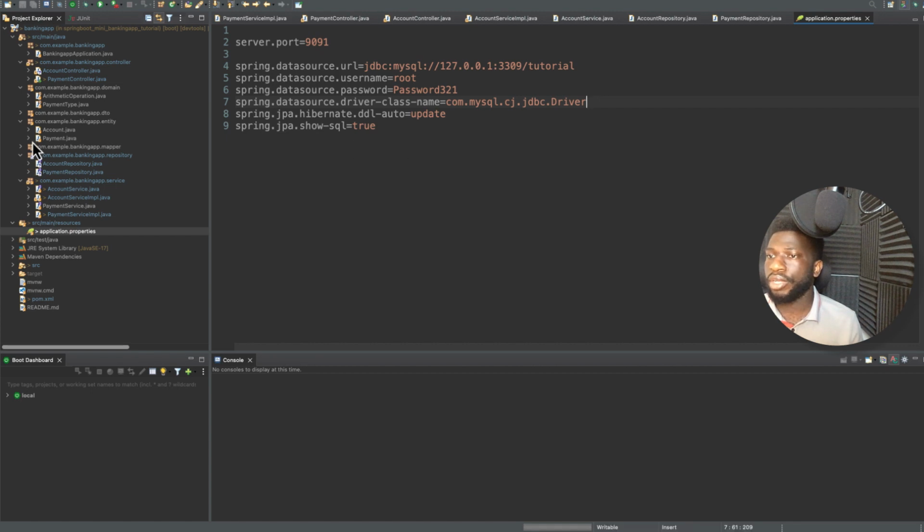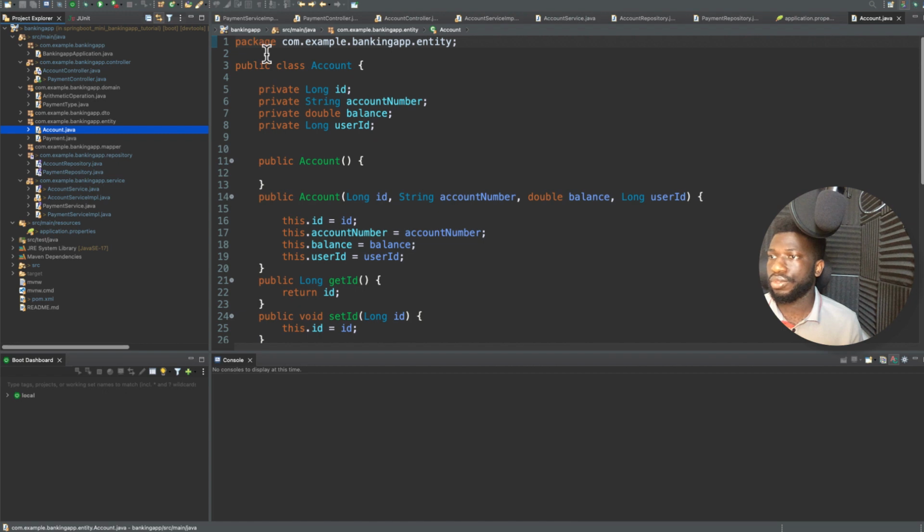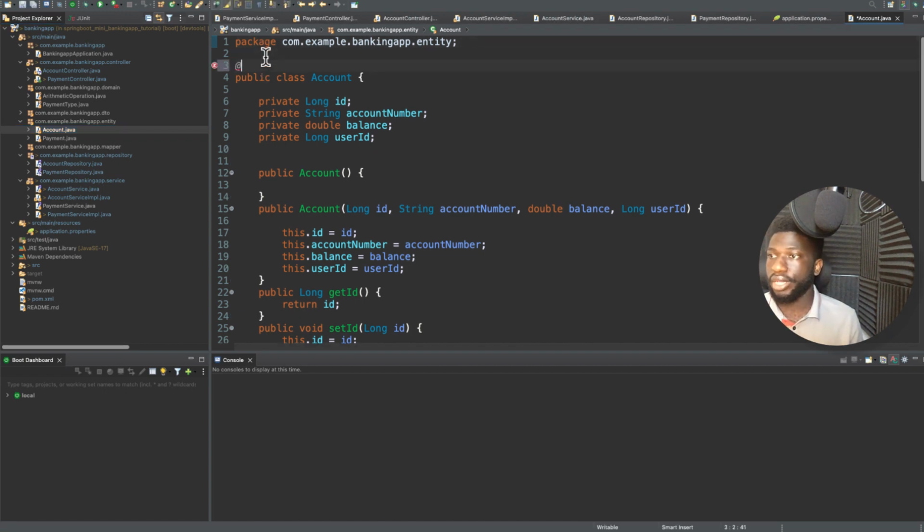So now we go to our entity and let us do some important things here. We annotate this with